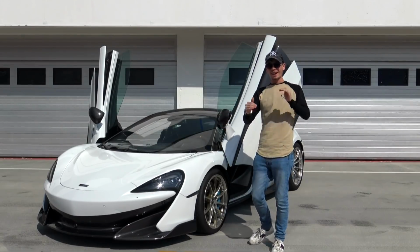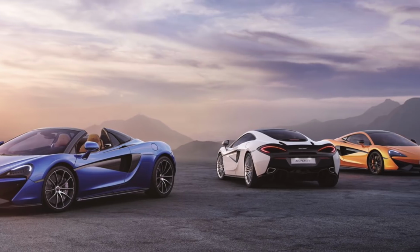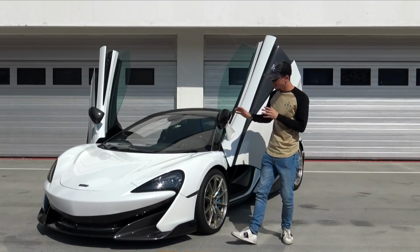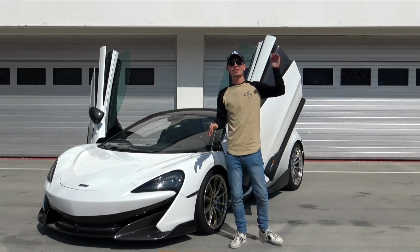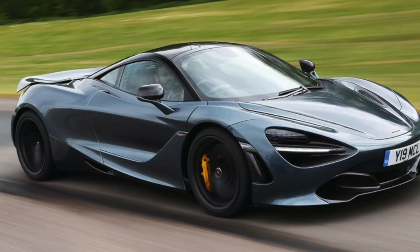Now, McLaren have their Sports Series consisting of a 540C, 570S, Spider, and 570 GT, and now the 600LT. There's then the Ultimate Series with the Senna and the Super Series with the 720S. But wait, before that, a little bit of background on McLaren, in case you're not quite up to speed with